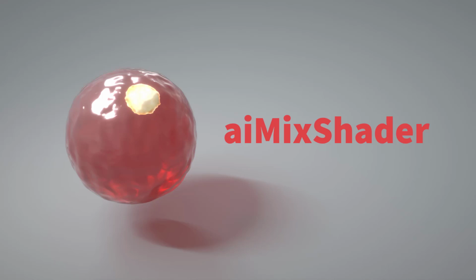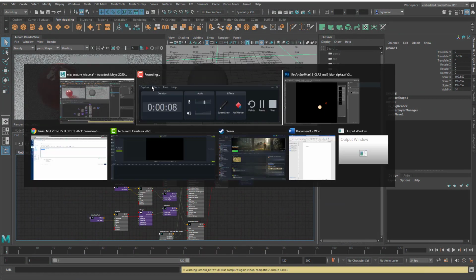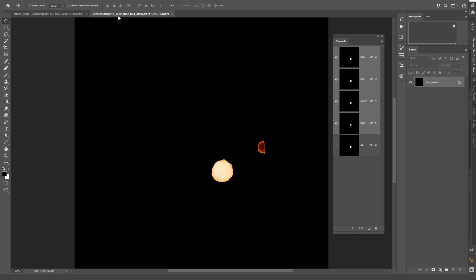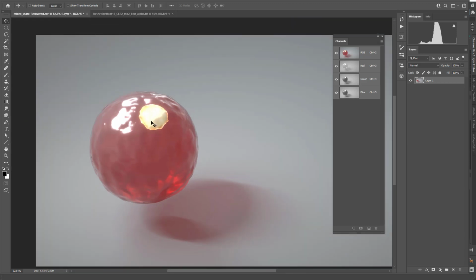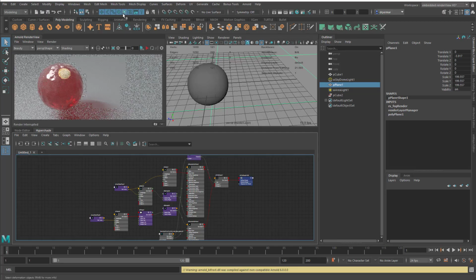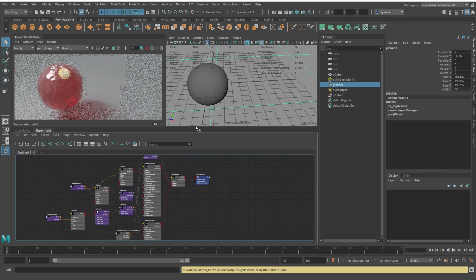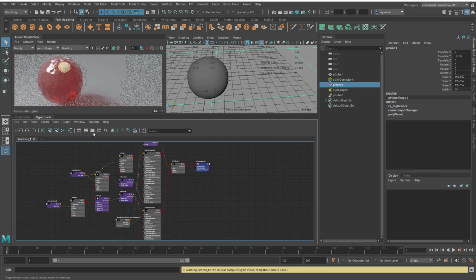So we're going to look at a way to mix two textures in Maya using Arnold. In fact, we're not just going to mix two textures, we'll mix two shaders. So we've got this kind of gem-like shader here, and then we want to superimpose this sort of painted texture on top. So if we just pop back into Maya and look at the hypershade here, let me just tear